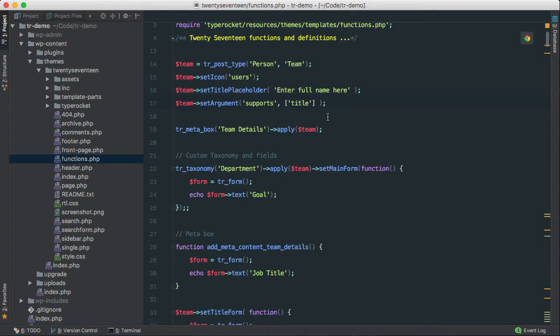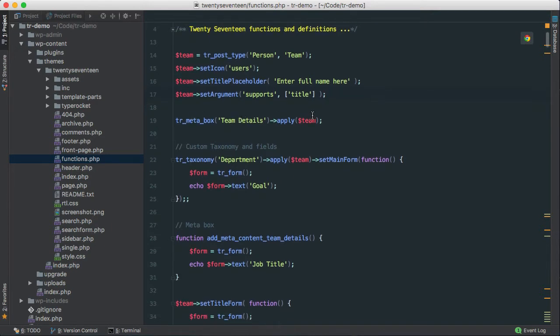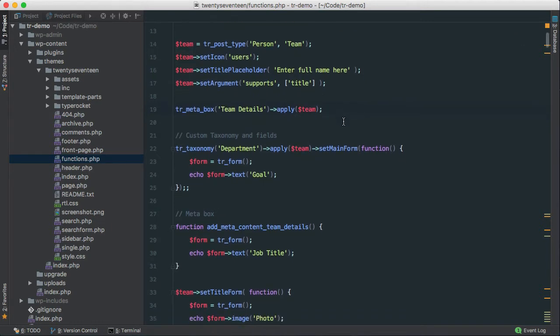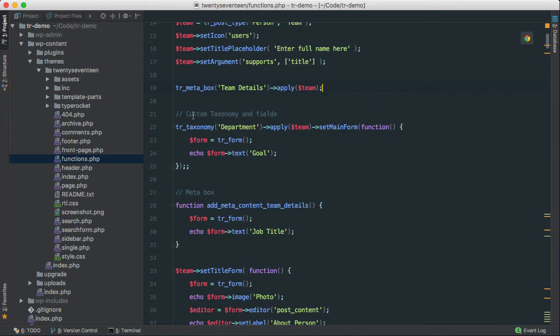So here we're just using the title field. We create a meta box and we apply that to the team. So that's pretty simple and straightforward. You also have the custom taxonomy in the field. So I just create the custom taxonomy of department, apply it to the team, and then set the main form. And here's our 2 lines of code to add the text field to that